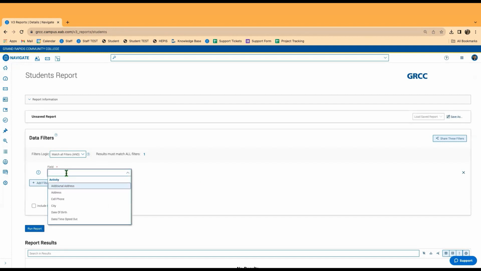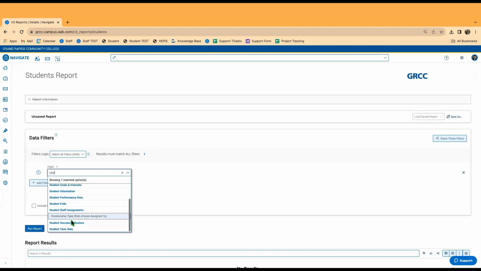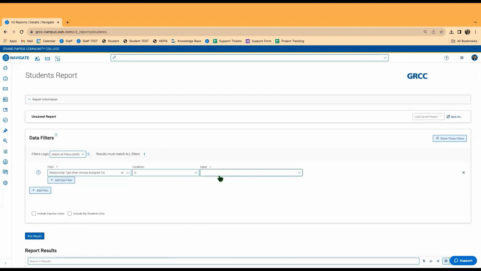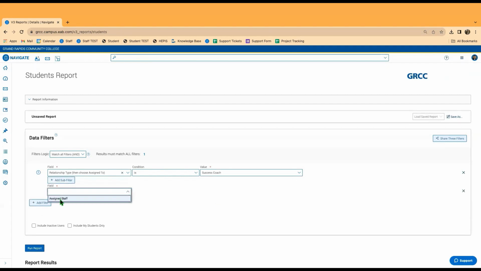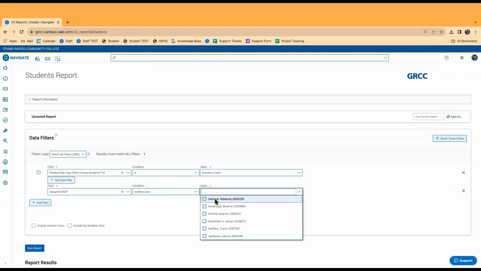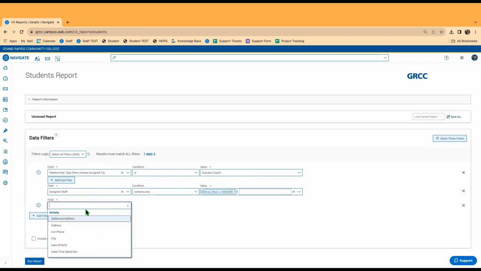So let's use that same example. I think is it called relationship or assigned? Relationship type. Okay, is college success coach. And you can see this subfilter here. I click on that, assigned, and we'll click Becca here. Okay, so show me any student who's assigned to Becca and exists, we'll say, go to list,